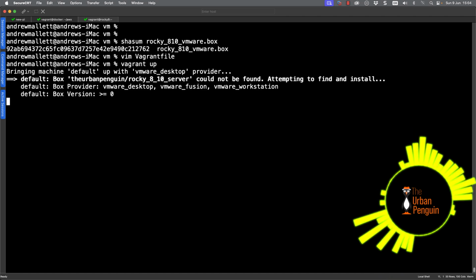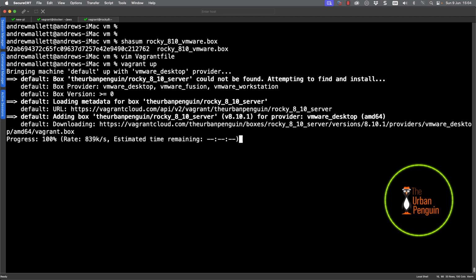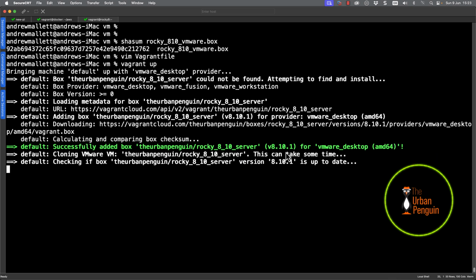And now when I do my Vagrant up, of course, we've got to download it the first time. I've just cut out a little bit of the download to save you watching the box. But you can see now that we've downloaded it and we're comparing the checksums. They must have been successful, so we can continue.